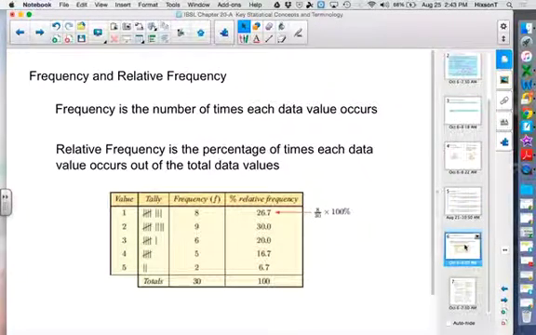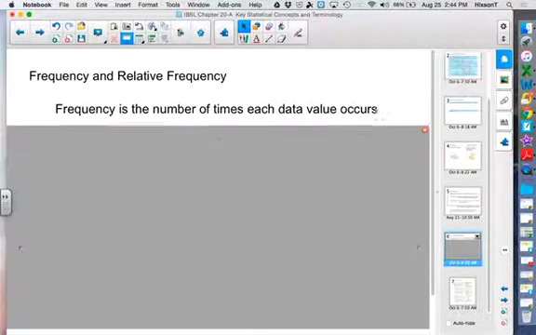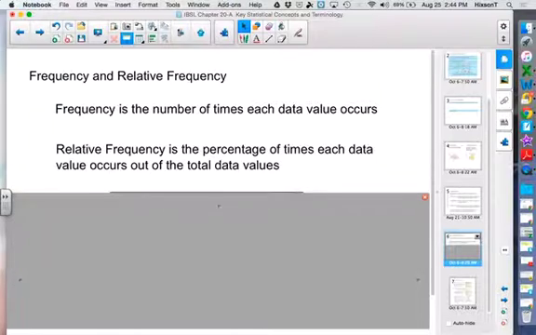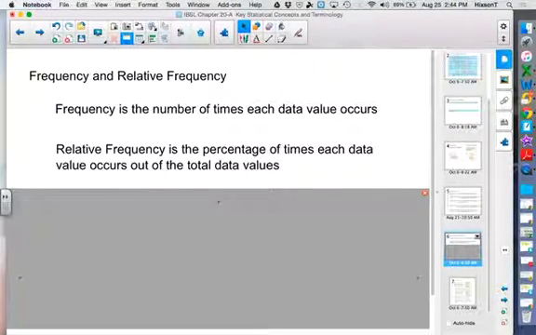Let's talk about frequency and relative frequency, though. Frequency, this is a term you ought to be familiar with already. Frequency is the number of times a data value occurs. Okay? With discrete variables, that happens all the time. With continuous variables, we usually need to make classes. Okay? We'll make categories. Relative frequency often is more useful than frequency. Okay? For example,